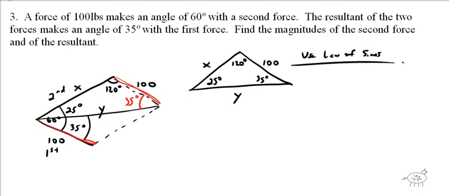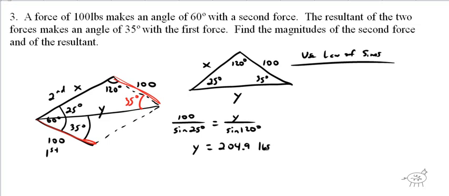All right, cool. So let's do that. 100 over sine of 25 degrees equals y. Let's do y first, I guess. Okay, sine of 120, opposite for the y. So I cross multiply and divide. I get y is equal to 204.9 pounds. And that is the resultant